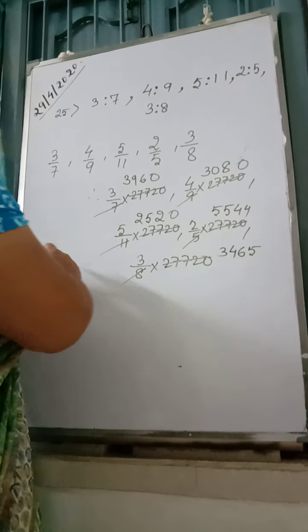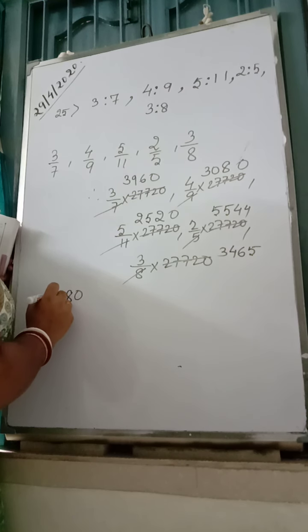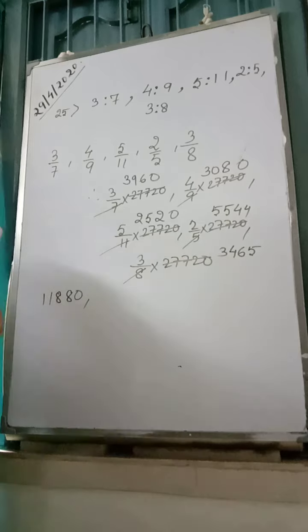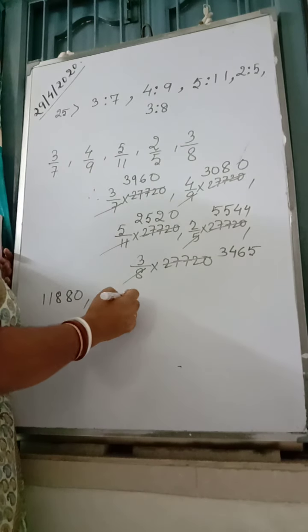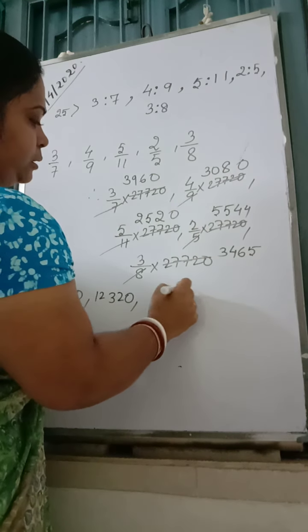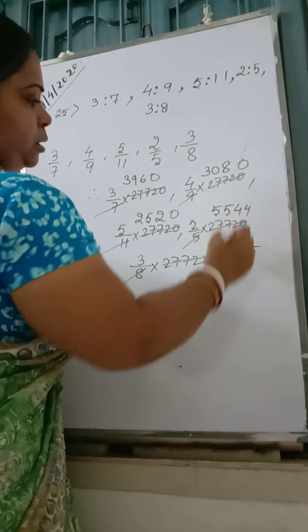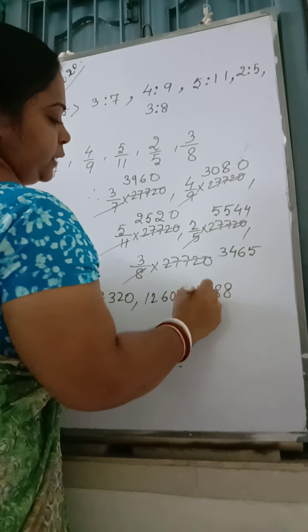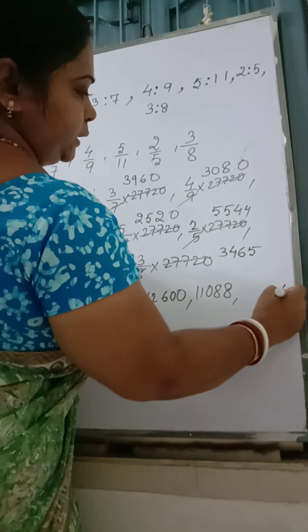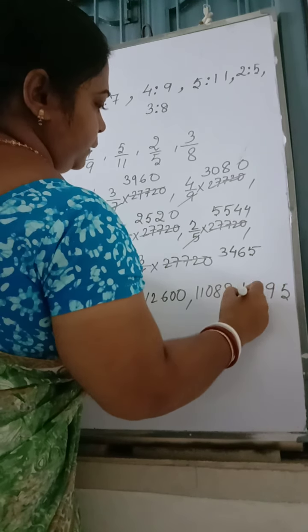Now you just multiply. It gives you 3 zeros are 0, 3 6s are 18, 3 9s are 27 and 1, 28, 3 3s are 9 and 1, 9 and 2, 11. 4 0, 4 8s are 32, 4 3s are 12, 5 zeros are 0, 5 2s are 10, 5 5s are 25 and 1, 26, 5 2s are 10 and 2, 12, 2 4s are 8, 2 5s are 10 and 1, 11, 3 5s are 15, 3 6s are 18 and 1, 19, 3 4s are 12 and 1, 13, 3 3s are 9 and 1, 10.